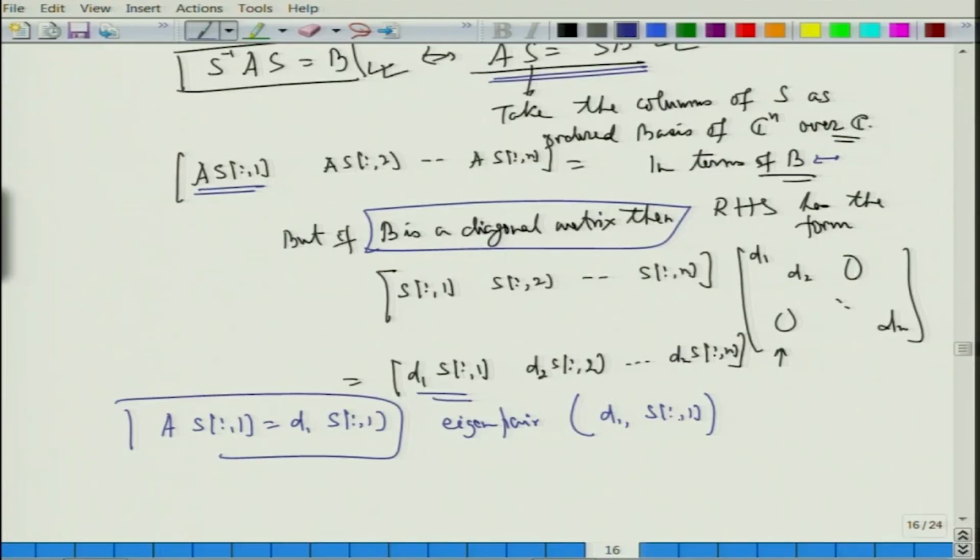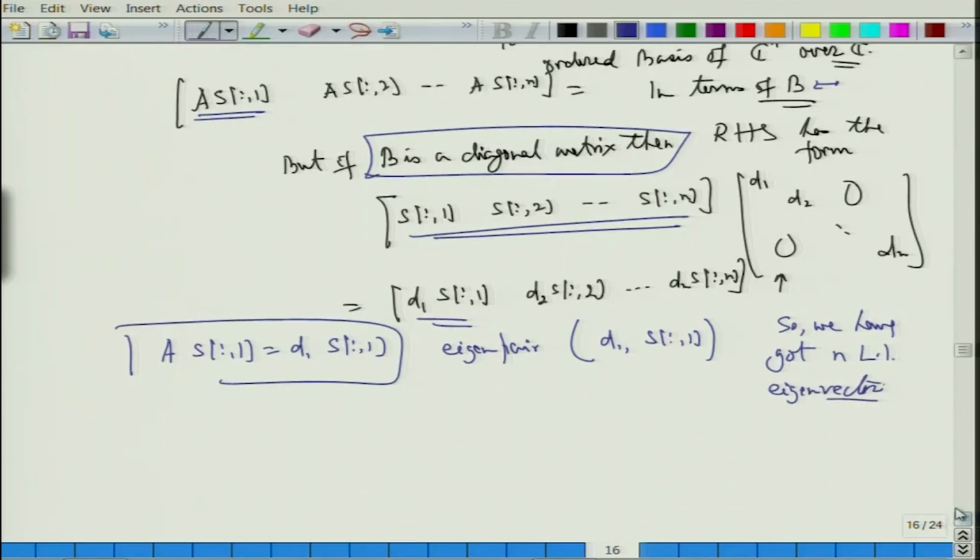You recall that any invertible matrix cannot have a 0 vector inside it. So, S is a non-zero vector. Not only that, since S is invertible, all these columns are linearly independent. So, we have got n linearly independent eigenvectors, all right. So, I would like you to keep track of that. Further, in general, what we are saying here is that in general,